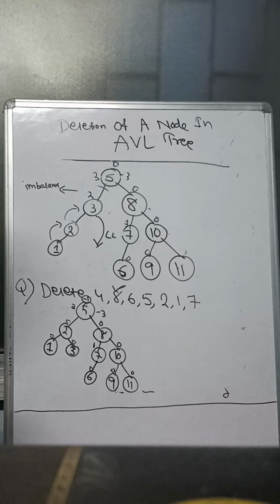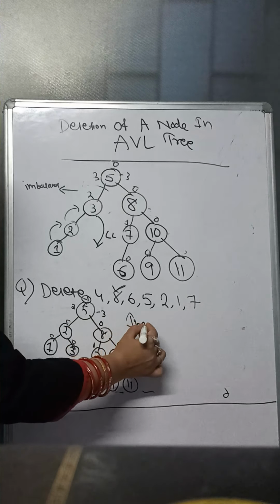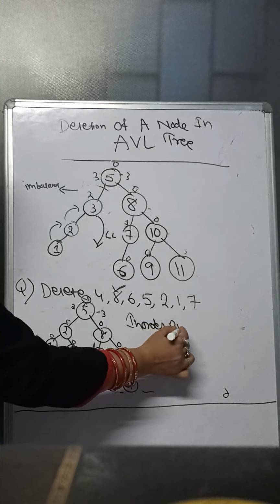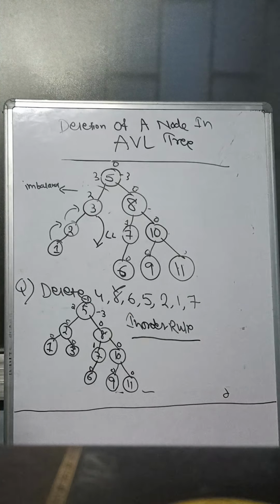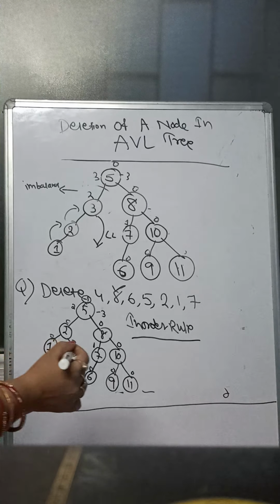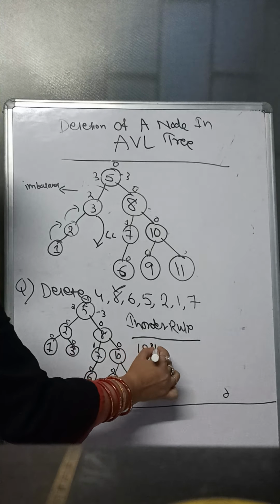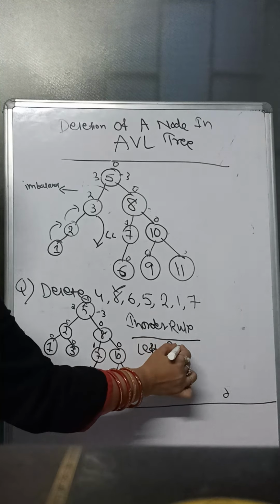So you know that your BST will be traversed according to the in-order rule. So what is the in-order rule? You know, tree traversal, there are 3 types of tree traversal: pre-order, in-order and post-order. The in-order means first you have to traverse the left child, then root, then right child.